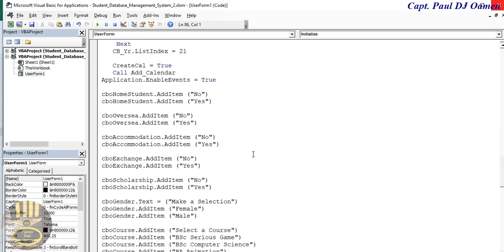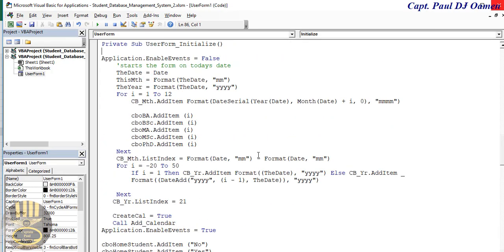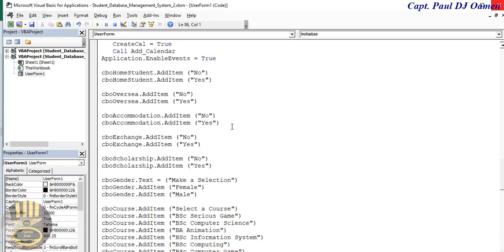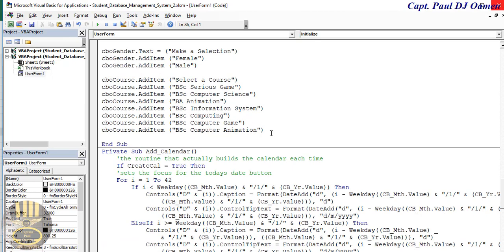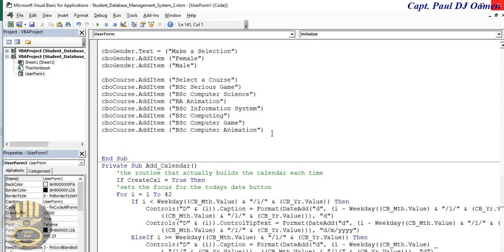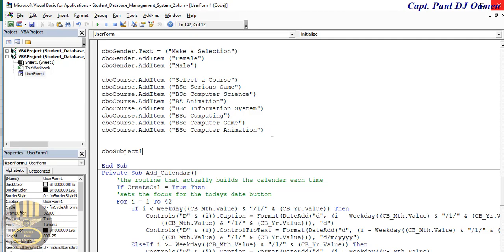So inside form initialize, back in form initialize again, come right down here, paste CBO dot add item, and the item we add in this time around,